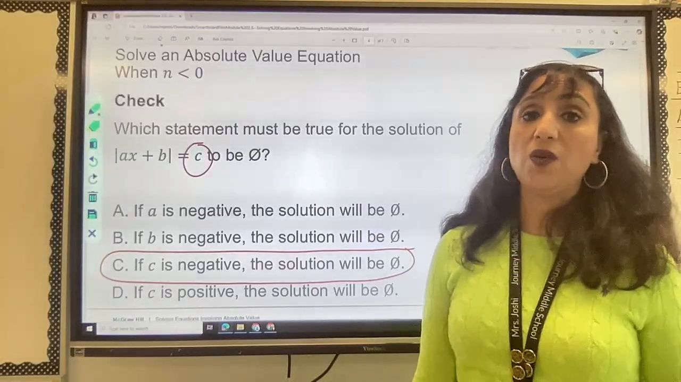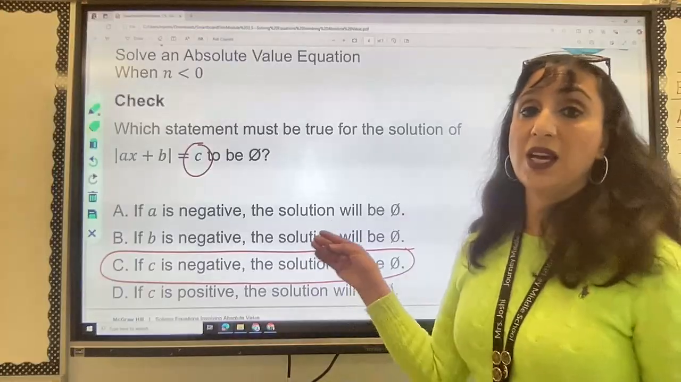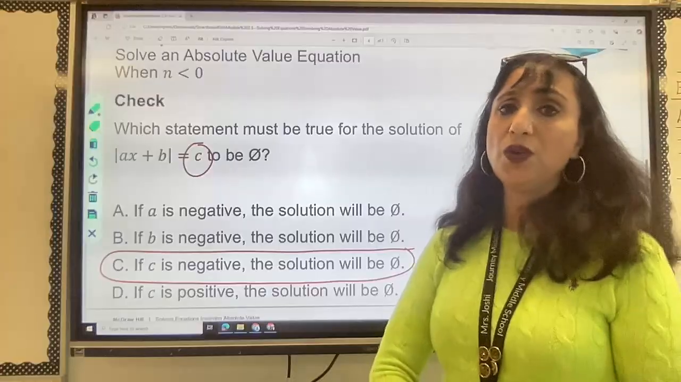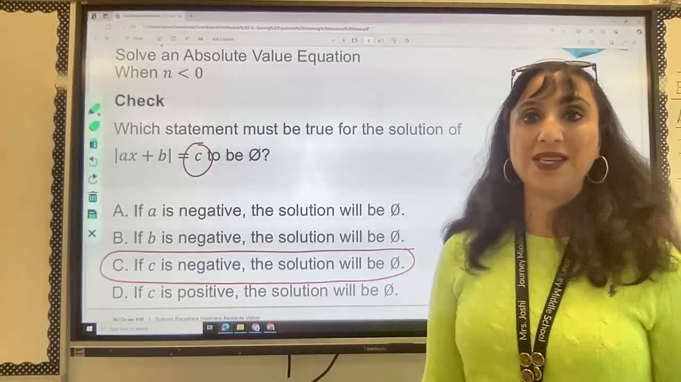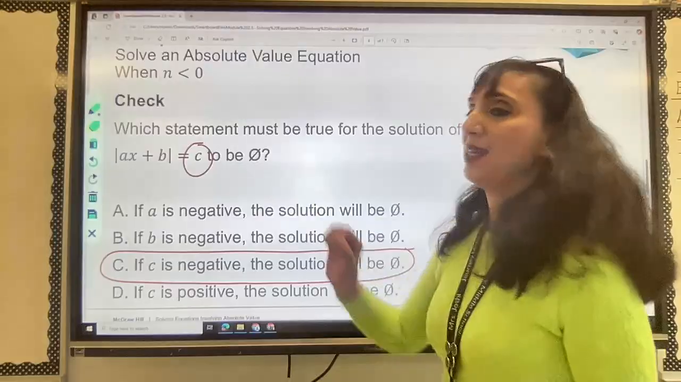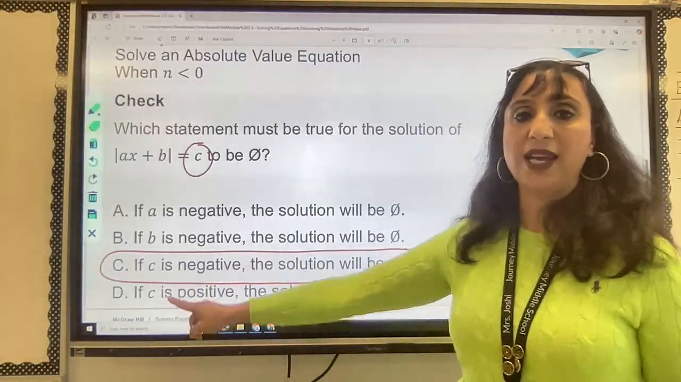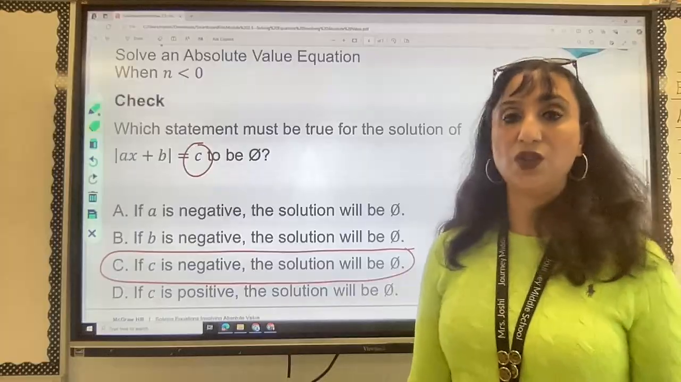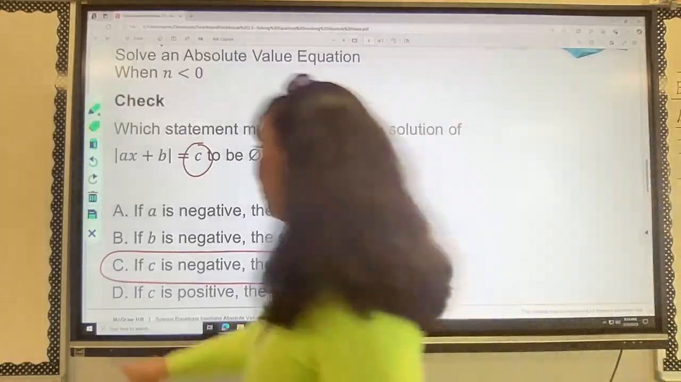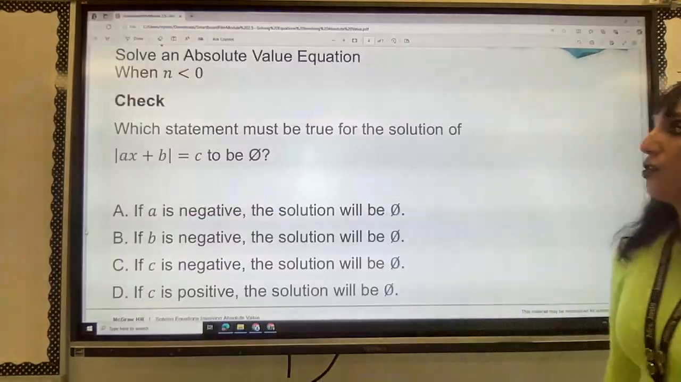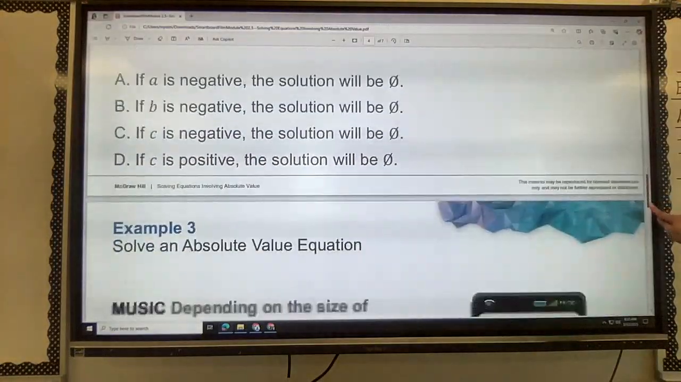So the only one which is going to make this statement true for it to be an empty set is where my c is going to be negative, and so that is answer choice C. If c is negative, the solution will be an empty set. Okay? All right. So let's go ahead